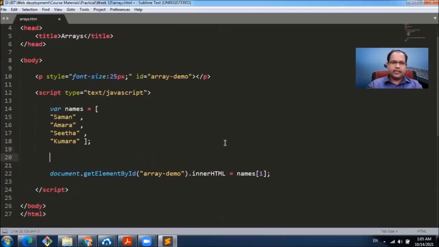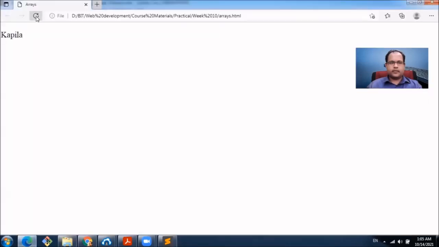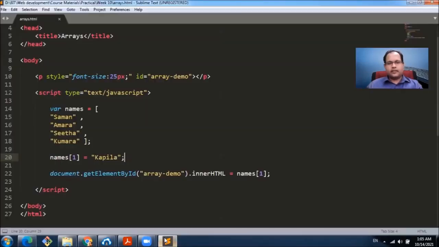So let's change that index. names 1 equals Kapil. In this fashion, we can access all the elements inside the array and manipulate the values.